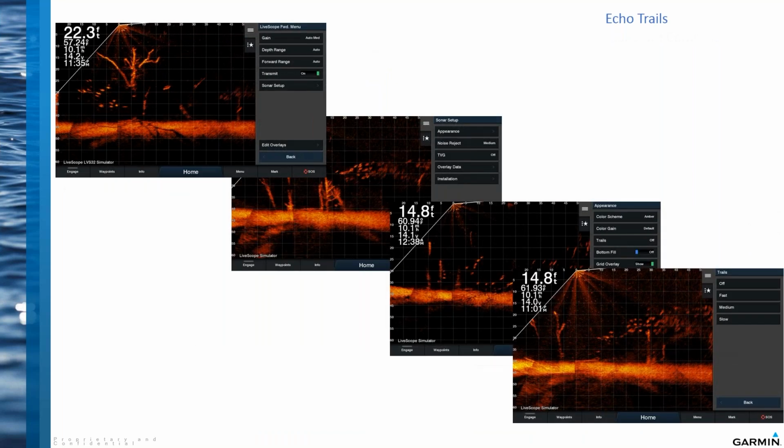So, echo trails. We've put a trail feature in our radars for a couple years now. So when guys are out fishing, they're looking for birds, and they see birds on their radar, they can actually turn trails on, and it'll leave a little blue line as those birds are moving so you know which way those birds are moving. So we basically did the same thing on LiveScope with fish. So once you find fish, you can turn your trails on, and you can actually see which way those fish are moving. So to do that, you go into your menu, you hit Sonar Setup,